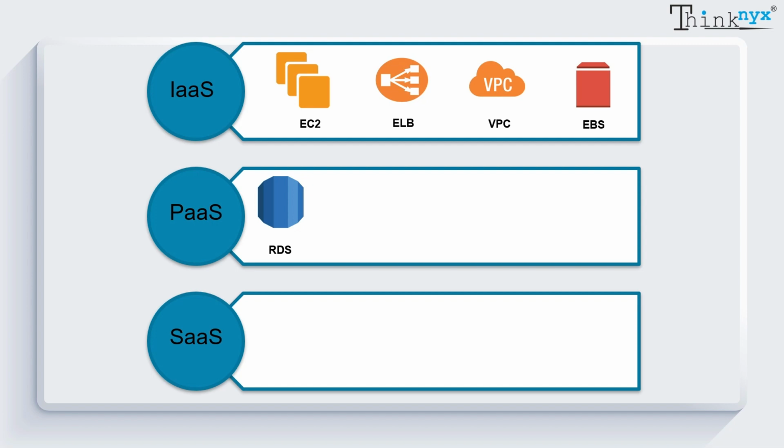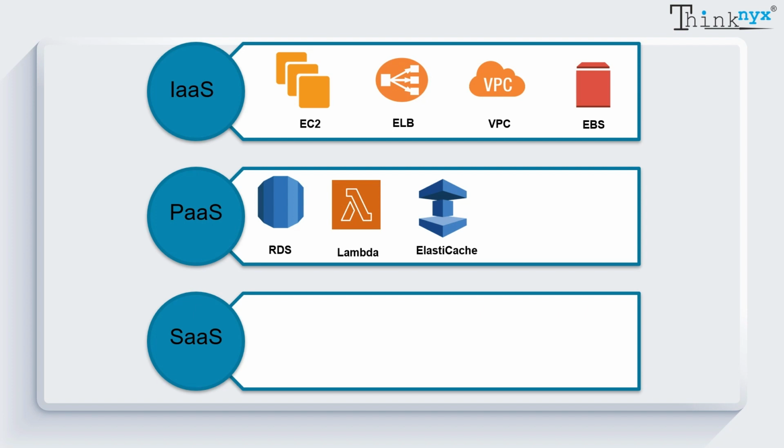Amazon's Relational Database Service is a collection of managed services that makes it simple to set up, operate and scale databases in the cloud. Next is AWS Lambda. With AWS Lambda, we can run code without provisioning or managing the infrastructure. We can even save cost by paying only for the compute time, that too in milliseconds.